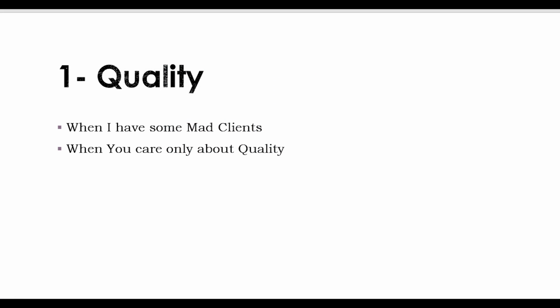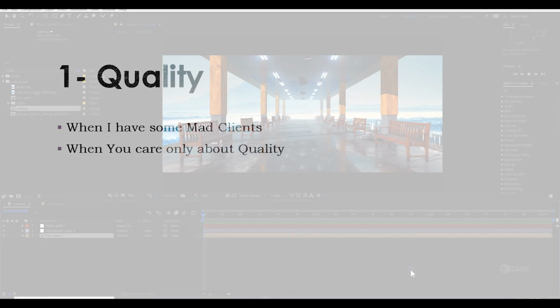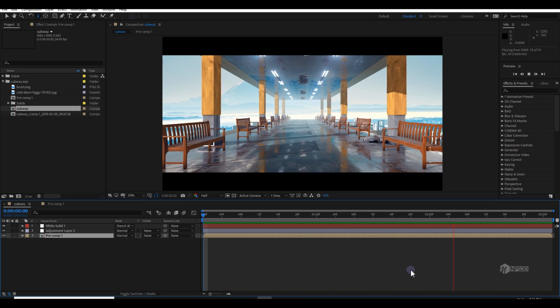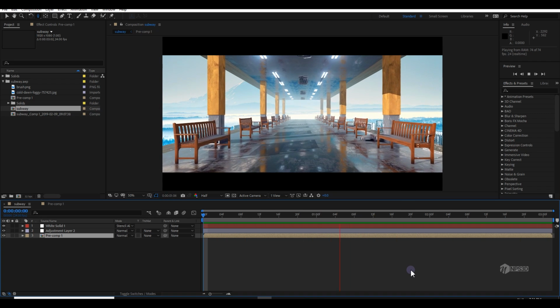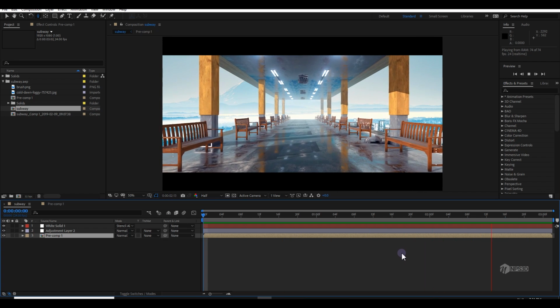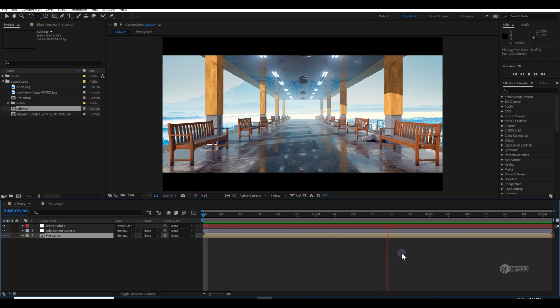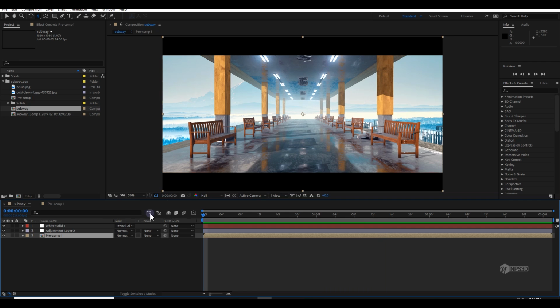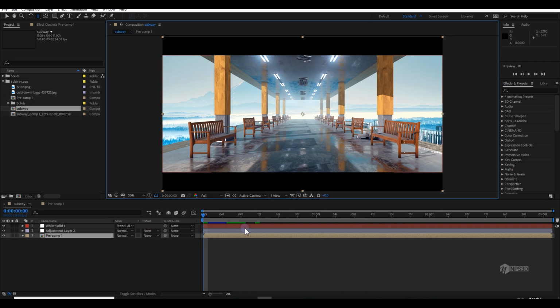In this section I put only client work, because sometimes clients give us work to do, and when we finish their work they only want it in a higher res. It means they want their work at like 1 GB, 2 GB, 3 GB. Only then do they understand it's good quality, but that's not the case. So let me show you the first step, what I do when I get clients like that.